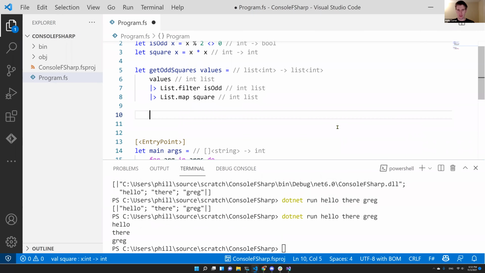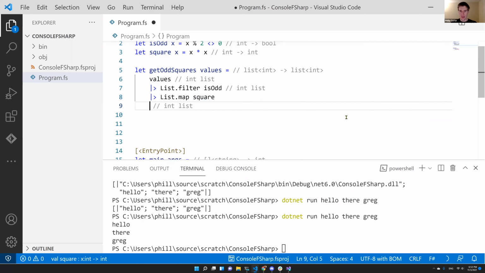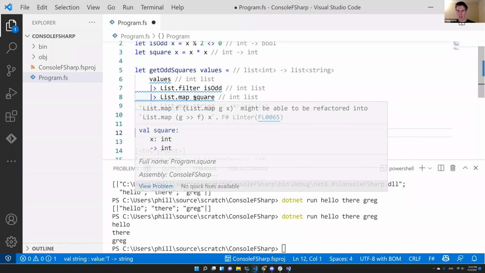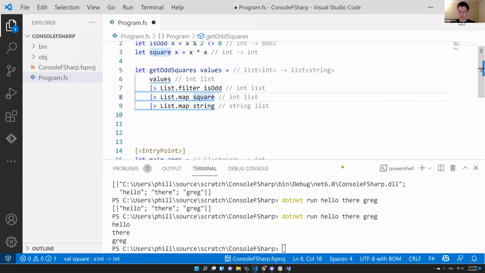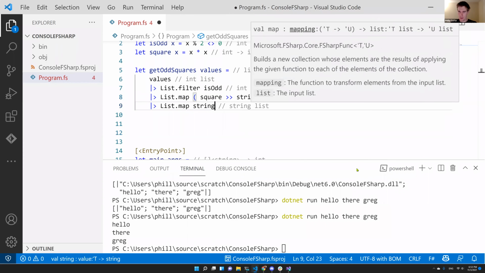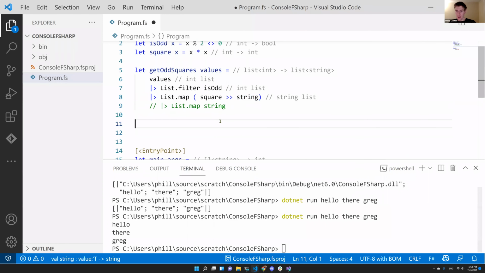Now that I have a function, we can see that the types are sort of inferred here. This is an int list, this is an int list, int list. Let's say I did this: List.map string. Now the linter wants me to combine these two functions, so there's another way you can do this that's a little bit more succinct. This is basically saying I am composing the square function and the string function. So I'm going to map square onto the filtered list, and then I'm going to convert each of those values